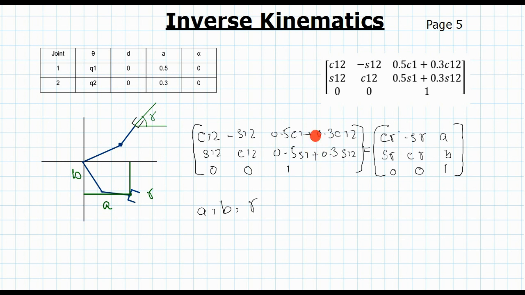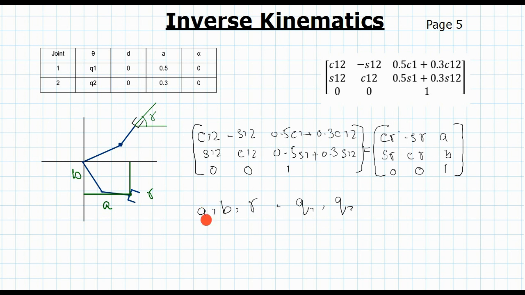We can think that the matrix on the left could be equated to the matrix on the right, but we have more numbers that we want than the actual number of degrees of freedom that we have. The number of degrees of freedom we have is q1 and q2. So these are two given variables. We know the values of q1 and q2, and we are trying to figure out the values of A, B